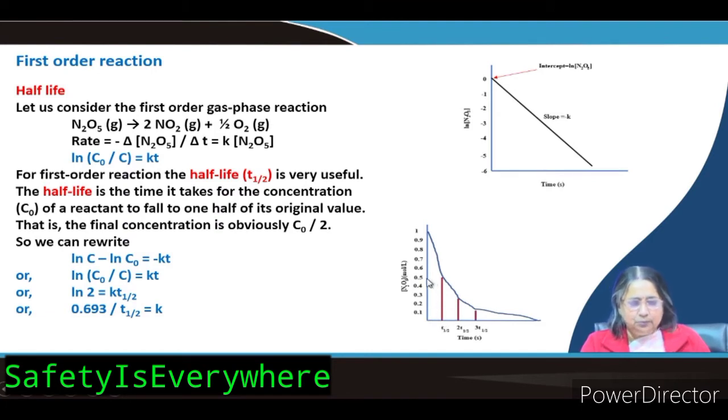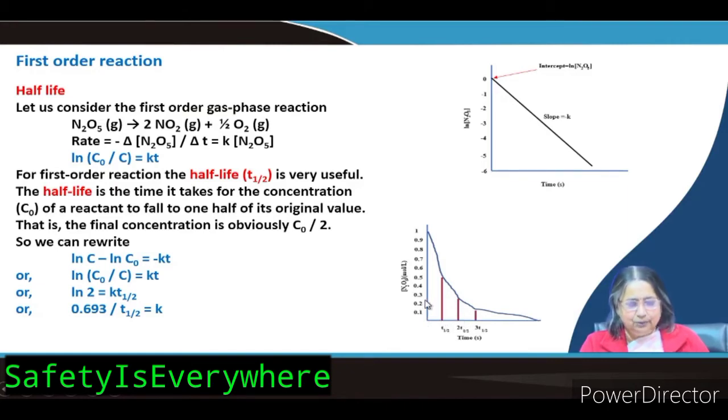Now, you start with 0.5. Half of 0.5 is 0.25. So, how much time it will take to come to 0.25, corresponding to that this time is T half. You have started from here to here, next second one, here to here, so this is the T half. So, if you consider from the 0 point, then it is 2 into T half.